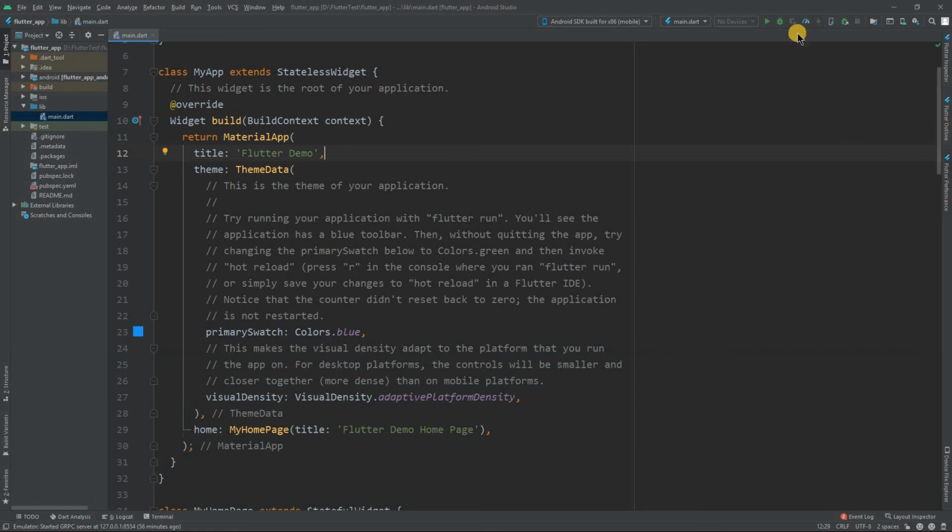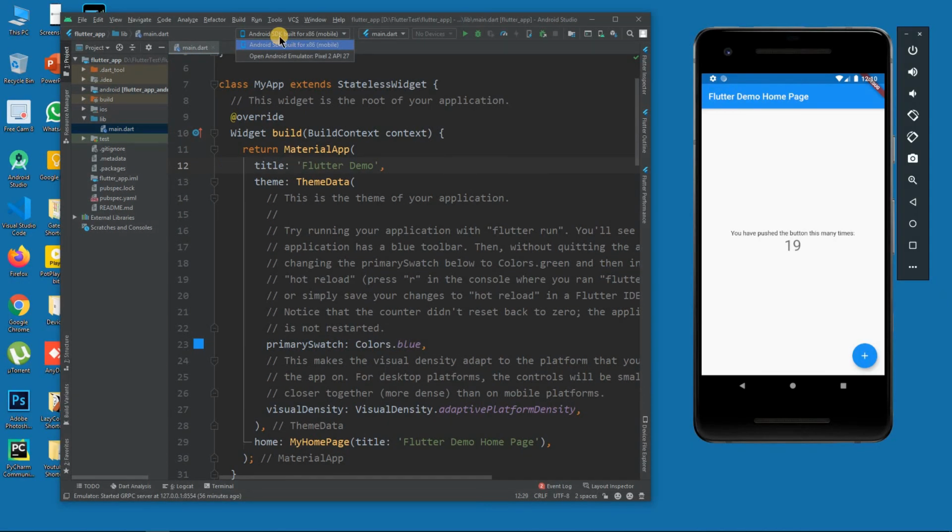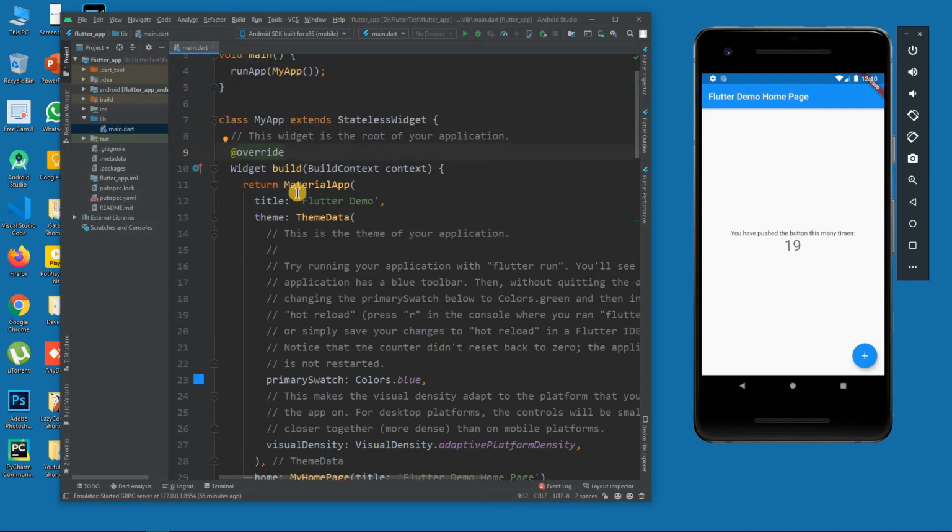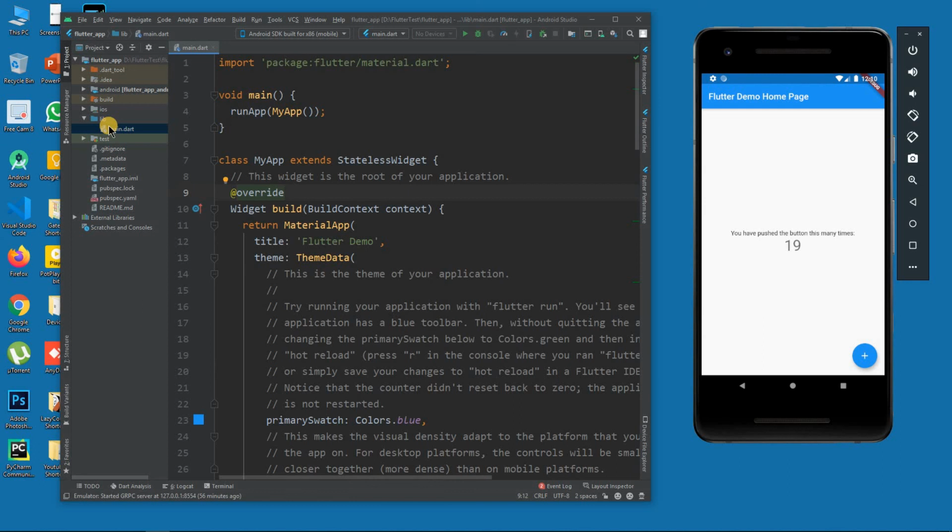And this is the device, and now that this device is connected, I can obviously run this main.dart. Actually this main.dart is the entry point, and it should be located here.